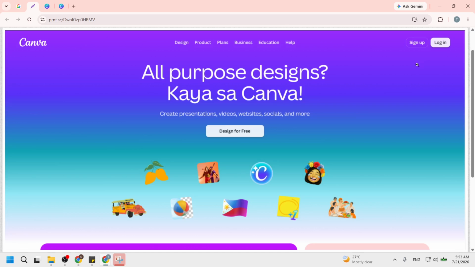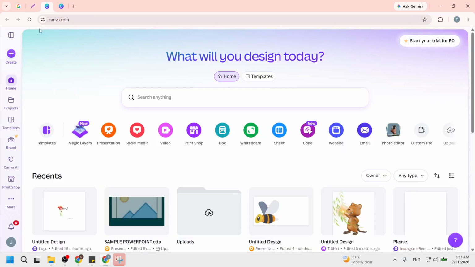From there, choose an existing project or create a new one. If you have a specific project in mind, click on it to open it. Alternatively, you can create a new design by selecting the appropriate option. This choice is crucial because it sets the context for where your equation will be applied. You can pick from various formats such as presentations or social media posts depending on your needs.